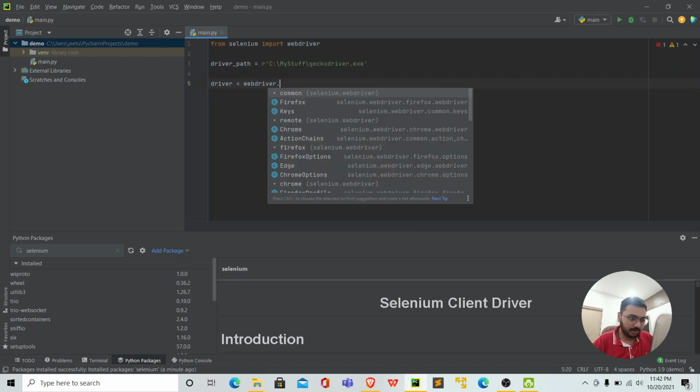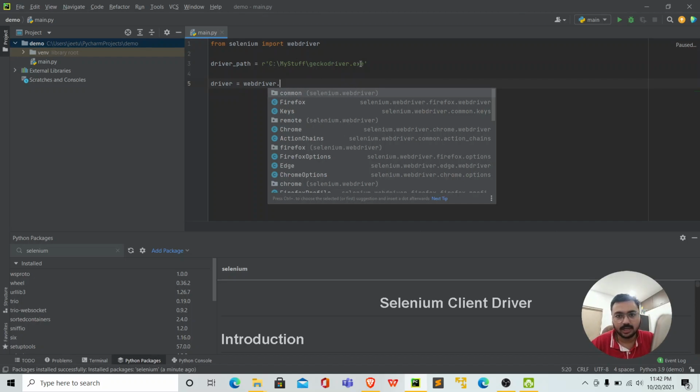webdriver dot, then whatsoever. For example, if you downloaded the Chrome driver, and if you have Chrome pre-installed in your system, then you can use Chrome. If you are on Firefox, you can use Firefox. In fact, even if you have Edge and you have installed the Edge WebDriver, then you can use that too. So how to download the web drivers for this too, I'll just show you quickly.